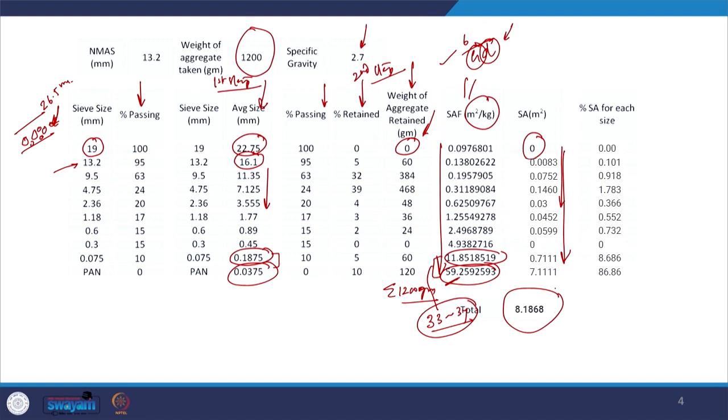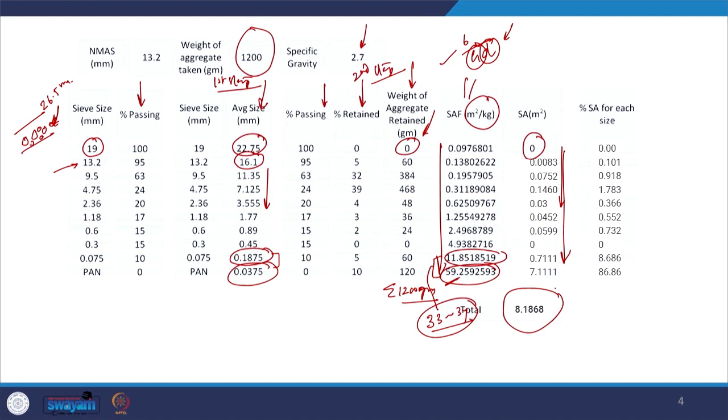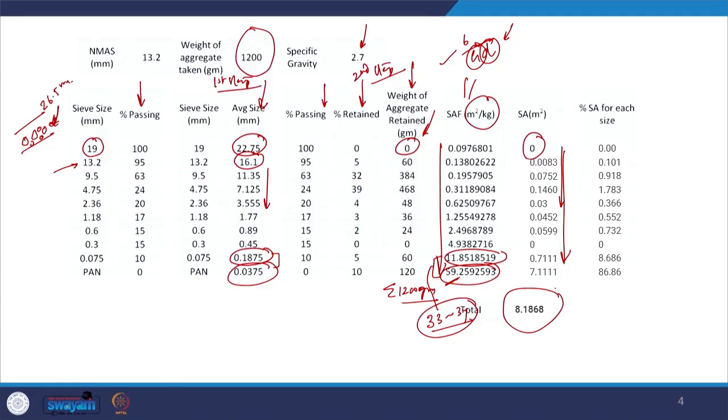You understand the concept for approximately calculating the surface area, and using these values you can try to again understand more about the effect of sizes on the total surface area. For example, if you see the percent distribution of surface area, you will see that almost 66% of the surface area of the total gradation comes only from material which is passing 75 micron sieve. So, in this way you can have a fair idea about the effect of aggregate size